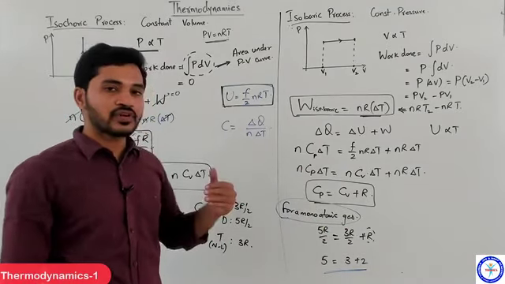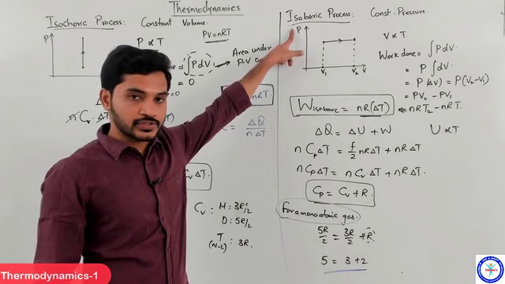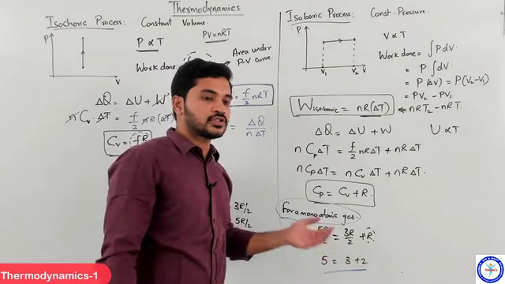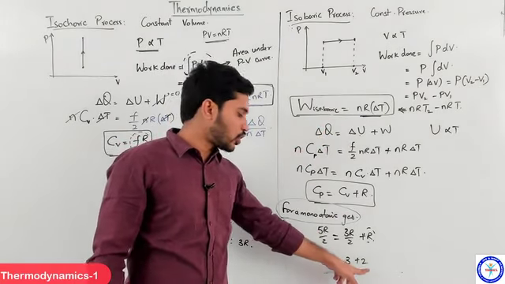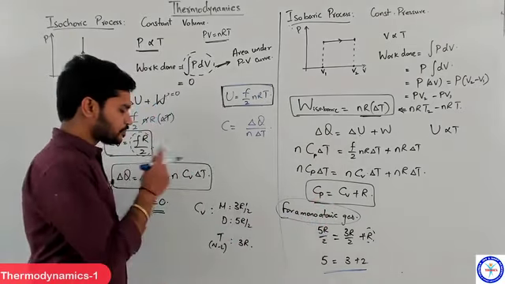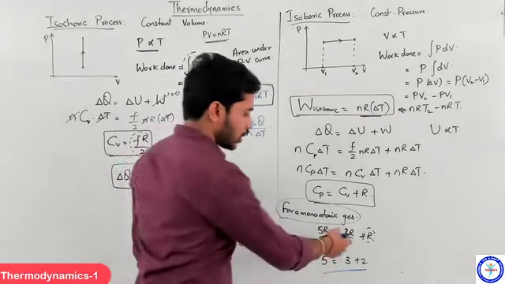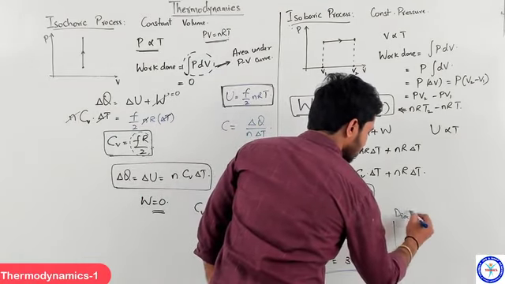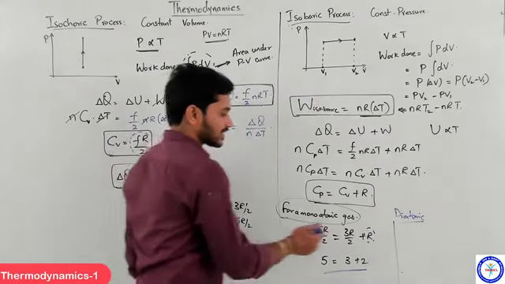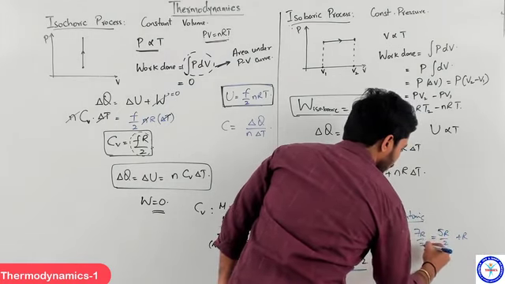Clear? So which means if you give 100 joules of heat to a monoatomic gas undergoing isobaric process, which means maintaining constant pressure, out of that 100 joules, 60 joules is utilized for increasing the internal energy and 40 joules is utilized for doing work. And you can say the similar thing even in the case of some other gas. You can take a diatomic gas. So how would this result be for a diatomic gas? In the case of diatomic gas, the Cv value is 5R by 2. 5R by 2 plus R will give us 7R by 2.